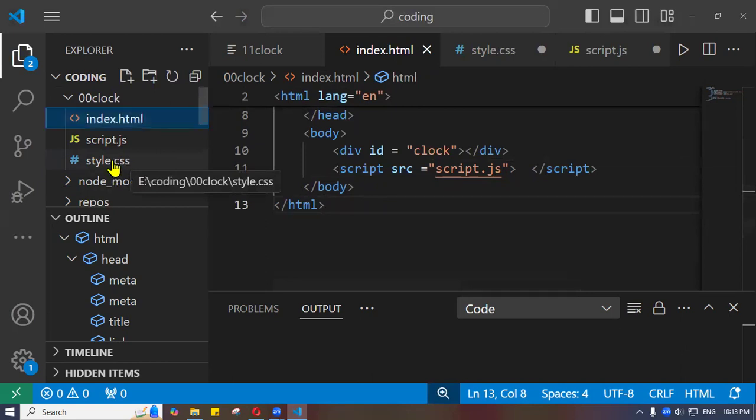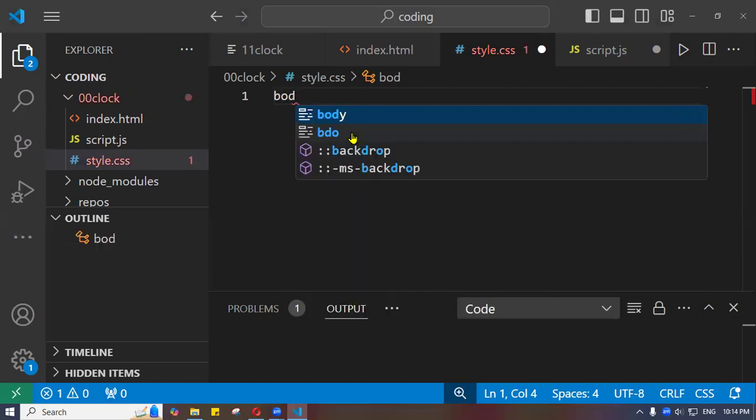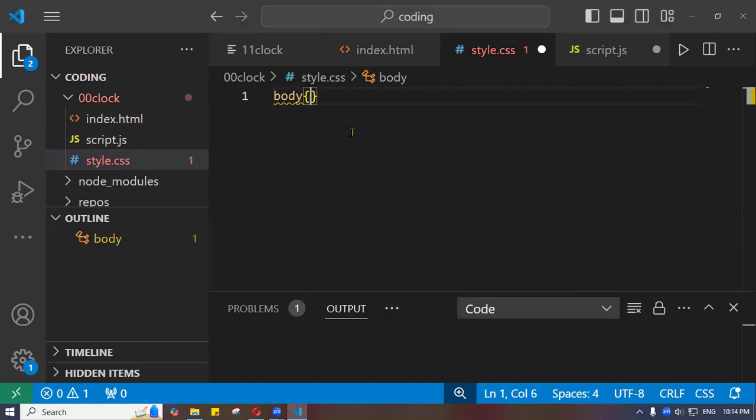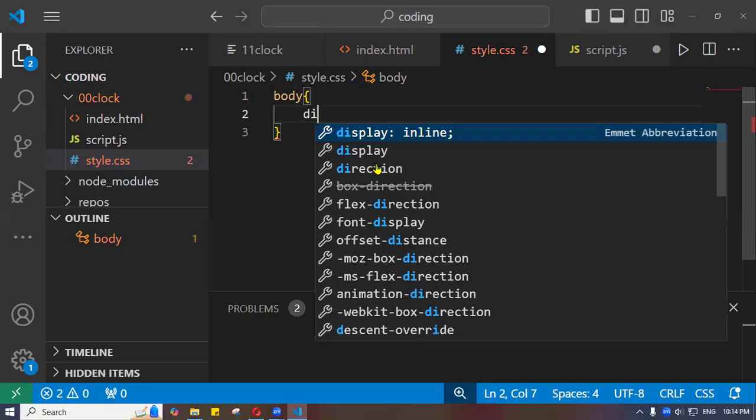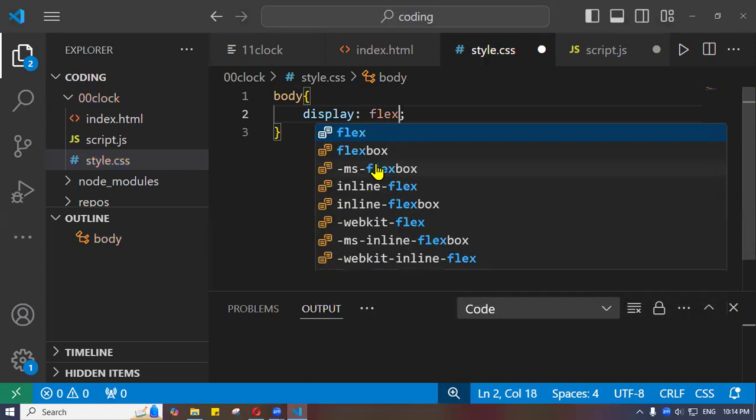And then we will move to .css here, and we will do something. So this is to prepare the body for the page. We simply begin with writing the body, and inside the body we have the curly brackets, and that's the first one. It's the display that we have. You can see that's the flex,